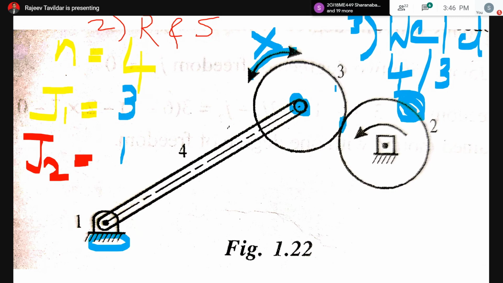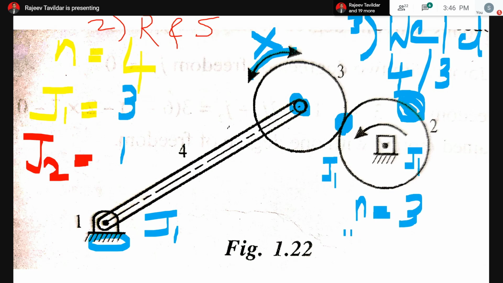So you will get 3 links, and the joint between 3 and 2 over here, since this disc is welded and it cannot rotate, the only motion between 3 and 2 will be purely sliding. So this will be J1. In that case, this will also be J1. Here you are not going to get any joint because it is welded. And here also you are going to get J1. So for the welded connection, N is equal to 3, J1 is also equal to 3, and there is no J2 here. So your answer will be 3 into 2, 6, minus 2 J1, 6. That is your degree of freedom. You are going to get it as 0.